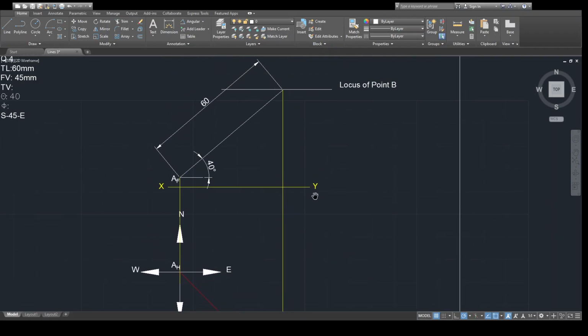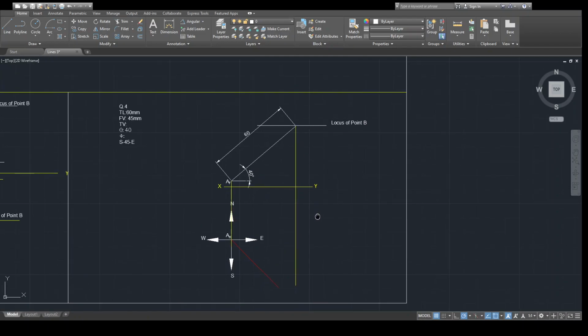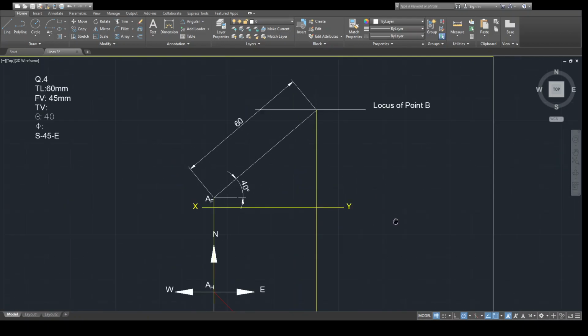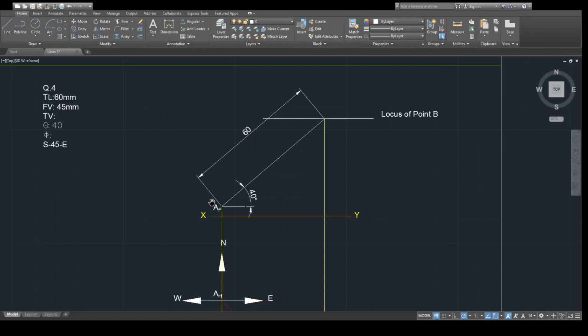But we know that the front view is 45 mm. We have the locus of point F, we have the locus of point B, which means over this line only point B, point BF lies.